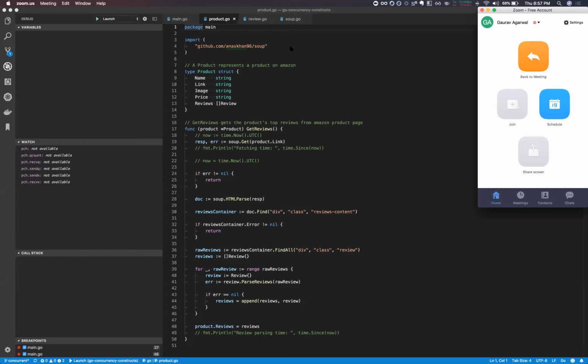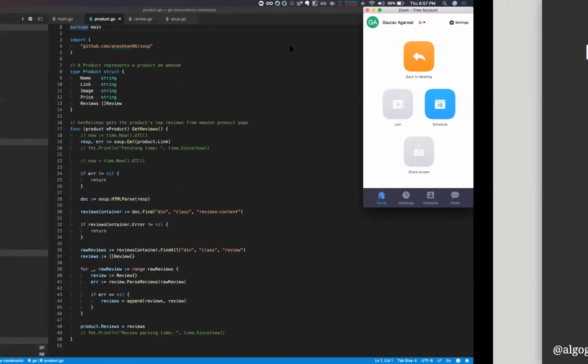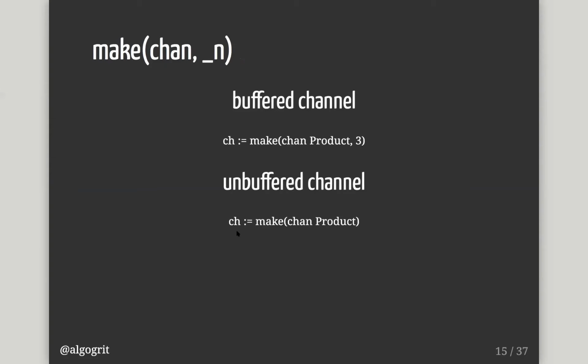Unbuffered channel has a length of 1, in the sense that it can only communicate with, so the buffer size itself is 1. Shall I take the questions at the end of the talk, if you don't mind? Yeah, sure. I'll make it super clear.